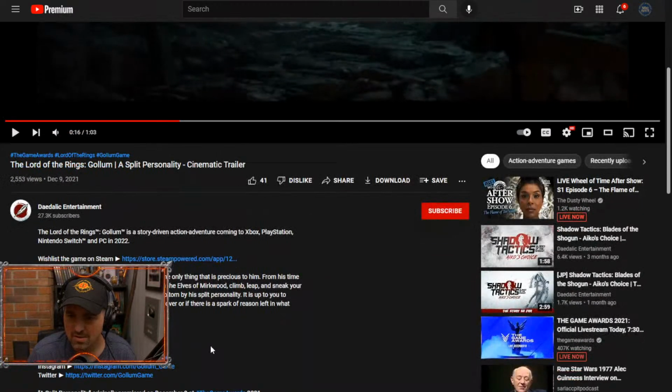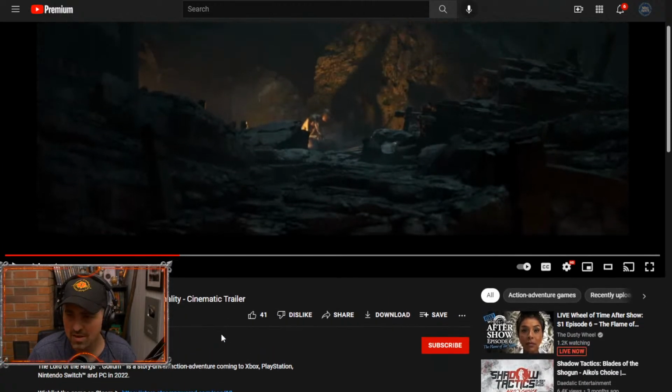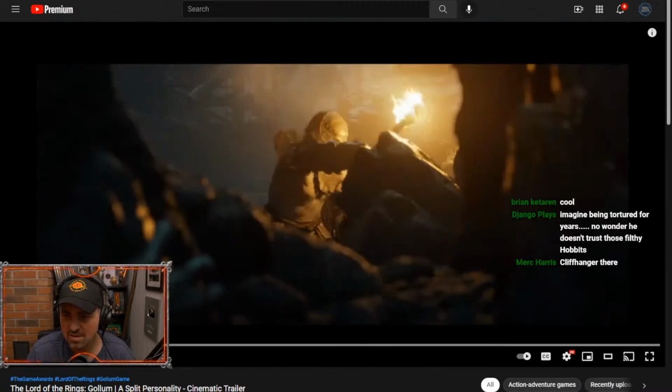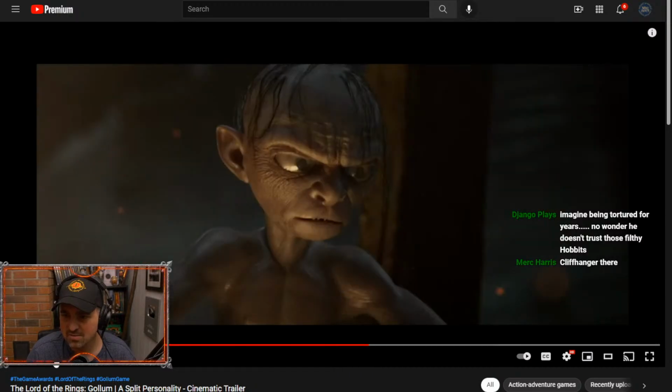Yeah, so as a slave below the Dark Tower to his stay with the Elves of Mirkwood, so that's after Aragorn captures him and takes him to the elves. If I had to guess, I would think this would do a cliffhanger type thing, either when Gollum goes to track the Fellowship maybe, or when Frodo and Sam get him deciding whether to go out or hide. And then at the end here, I love this part where...